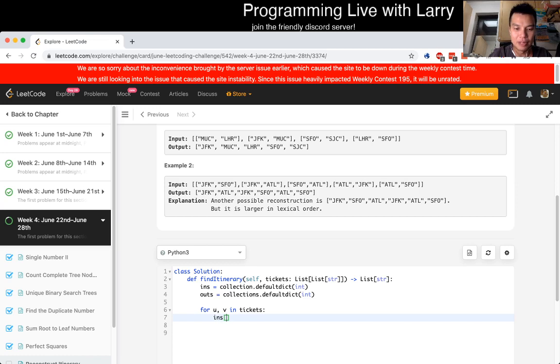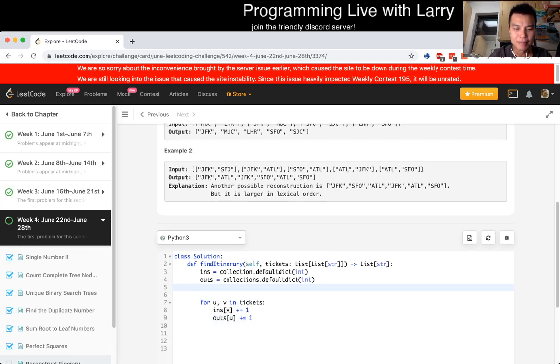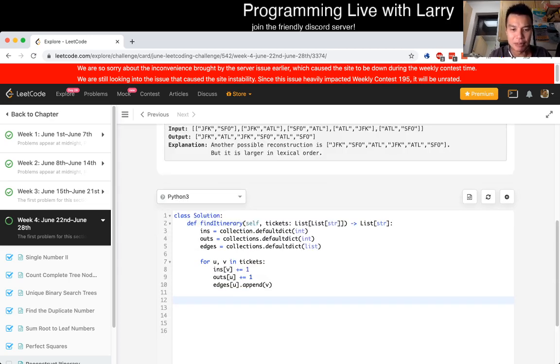So in degree of v plus 1, and then out degree of u plus 1. Yeah, and then let's just convert this to an adjacency list. So now that we have this up, we have to start from JFK.